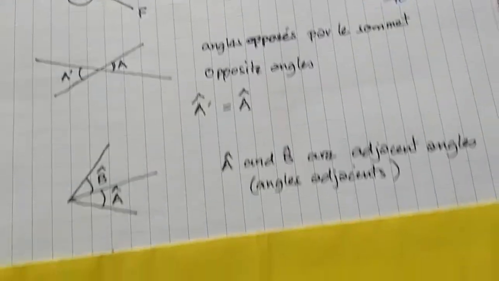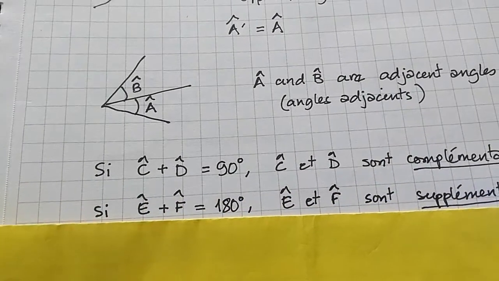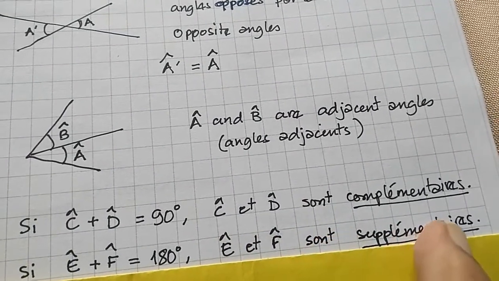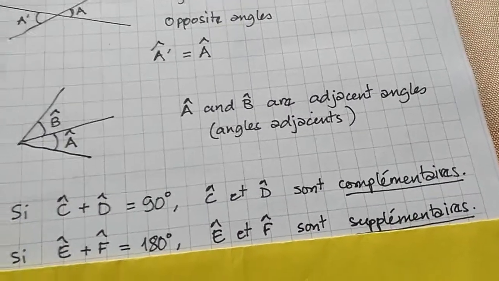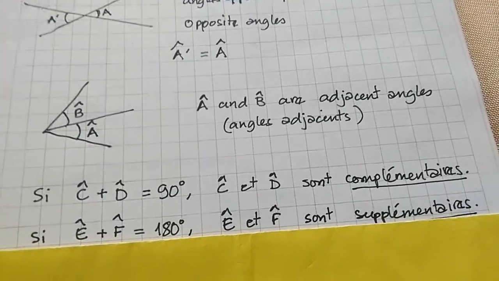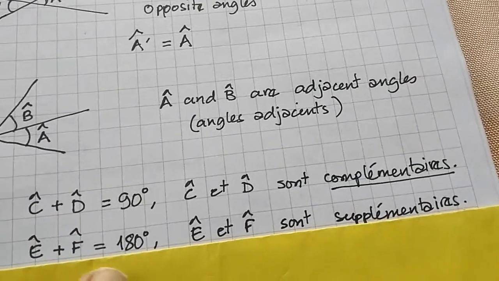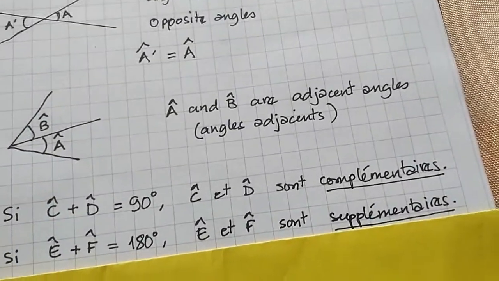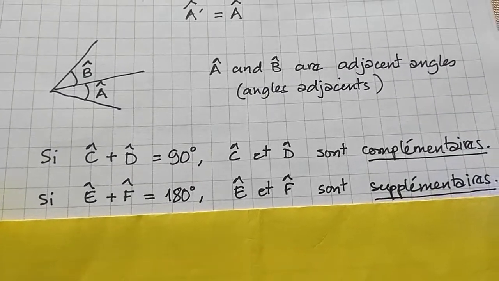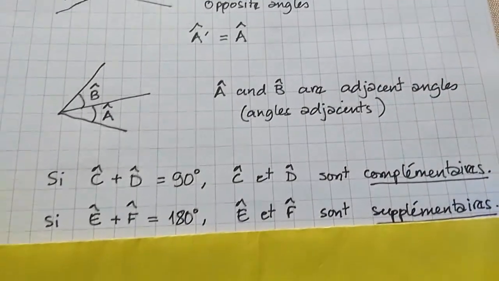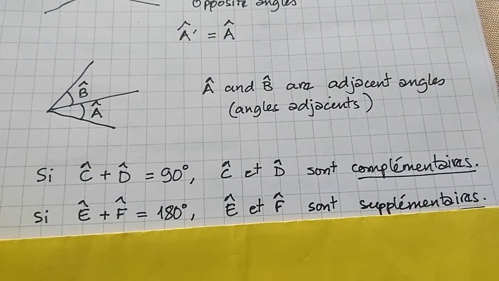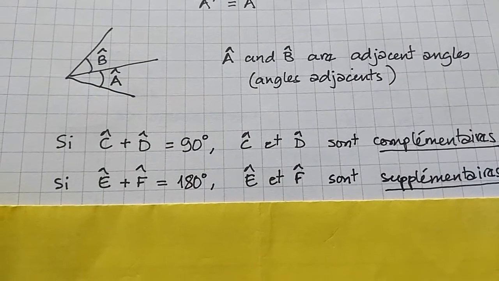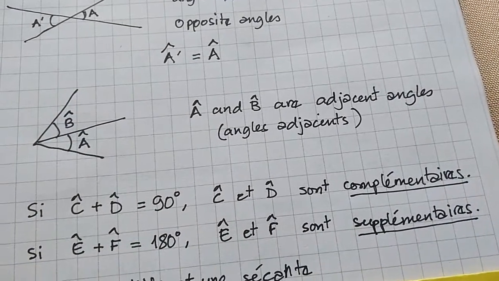Okay? Then some terms: if C plus D est égal à 90 degrés, C et D sont complémentaires. Angle complémentaire means two angles that add up to 90 degrees. Similarly, if two angles add up to 180 degrees, they are called supplémentaires. All of this you know from last year, but I'm just reminding you. You might want to pause this video and copy these pages down into your notebook so that you can easily refer to them, if you need to. If you really have learned it well, then you don't need to do that.